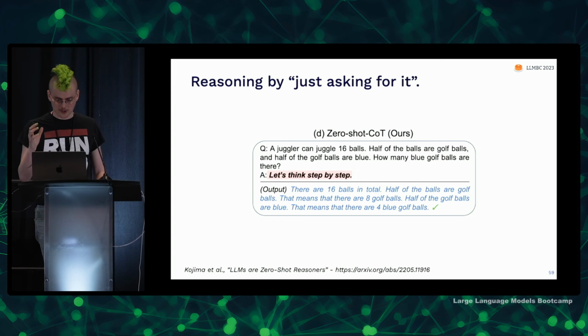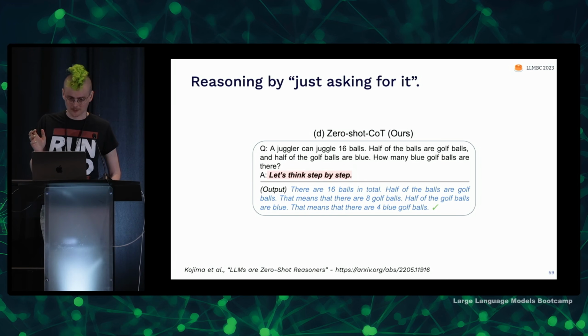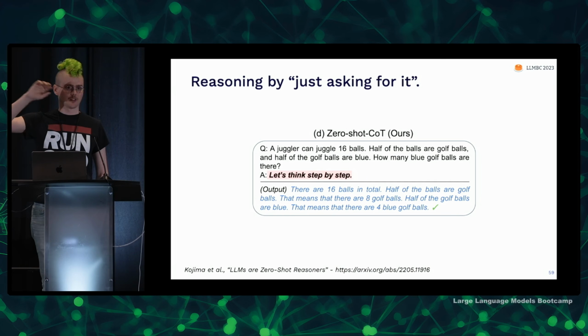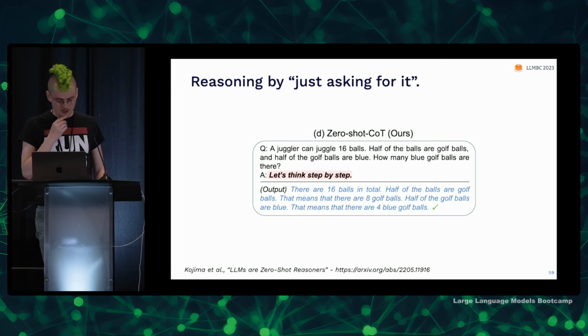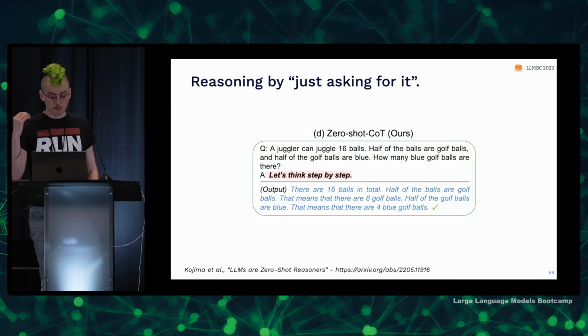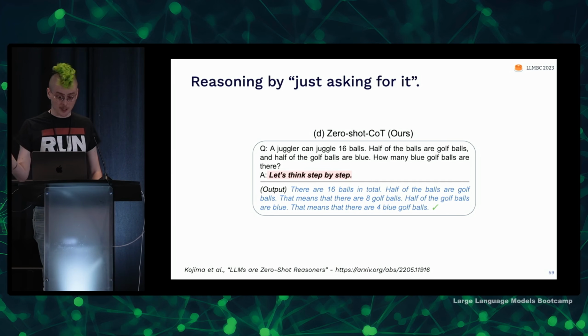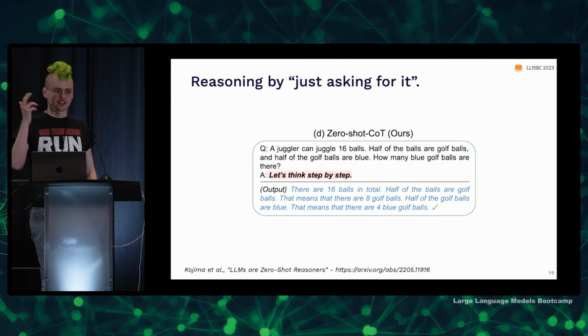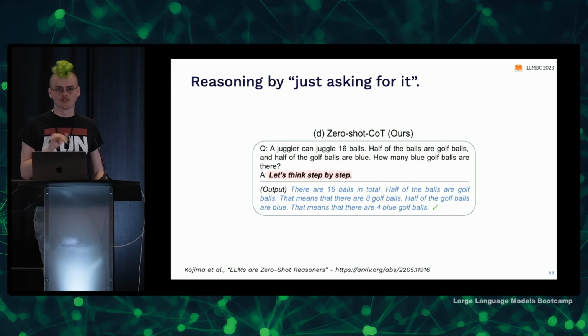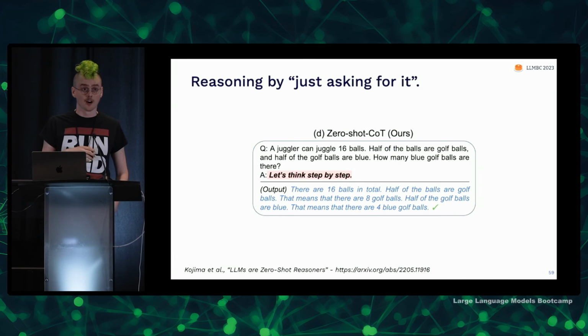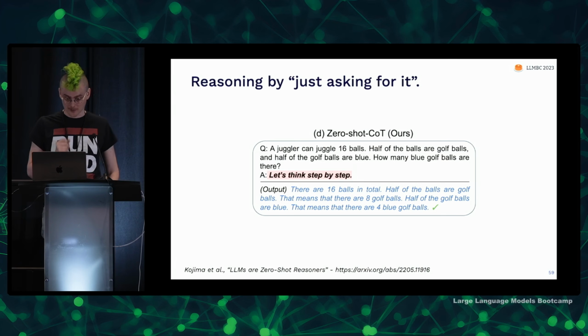And so the follow-up paper to this, language models are zero-shot reasoners, just adds "let's think step by step" to the beginning of the answer, and then the model can choose exactly how it wants to break down its answer process before it generates the answer. So clearly this capability is already there in the model, and we're just eliciting it by careful tuning of our prompt. And this "let's think step by step" thing works very broadly. Very similar phrasings also work. "Let's think step by step to be sure we get the correct answer." It's a tiny little improvement.